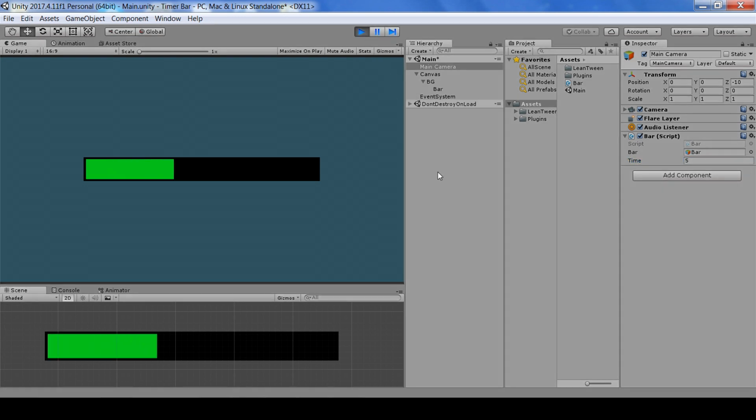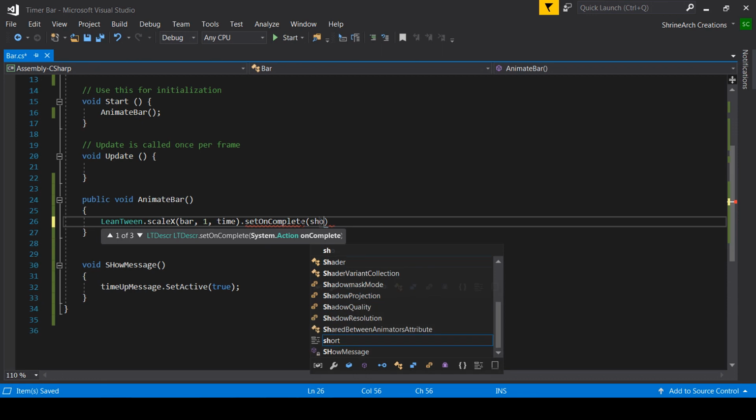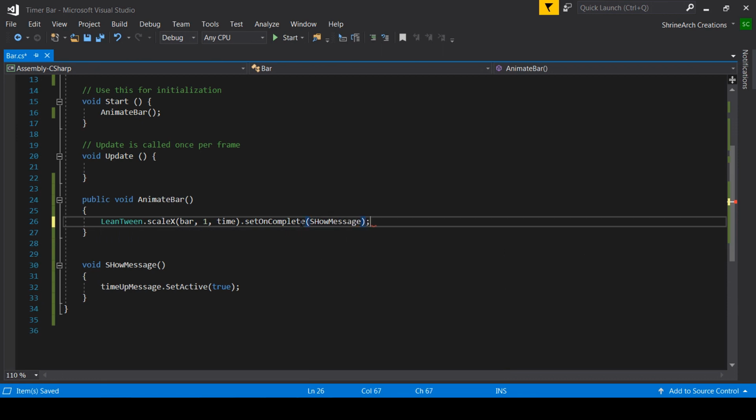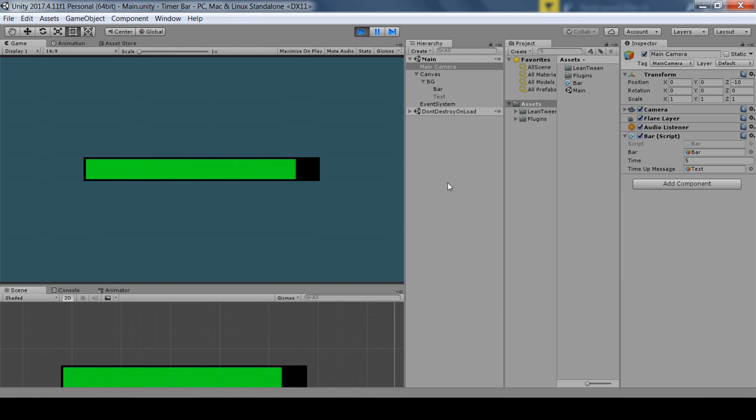The main beauty of this method is that you can add a callback method at the end of this function. So you can call any function after the animation is complete. So that's how you can make a life bar, health bar or any other time bar in just 2 minutes.